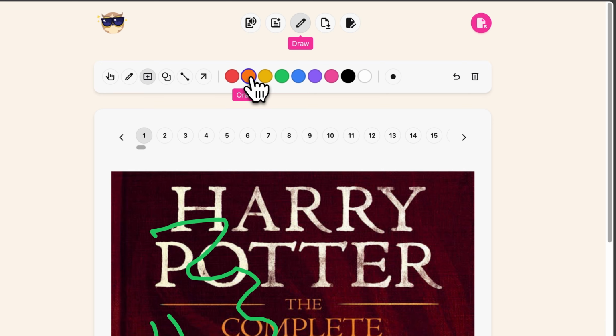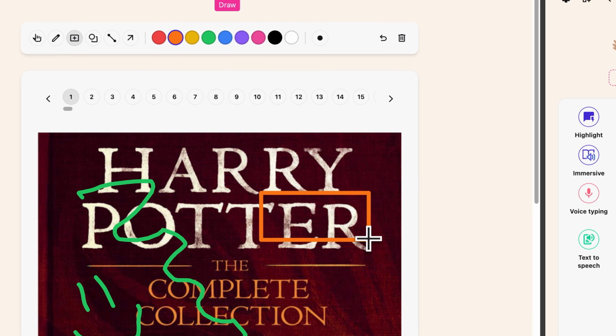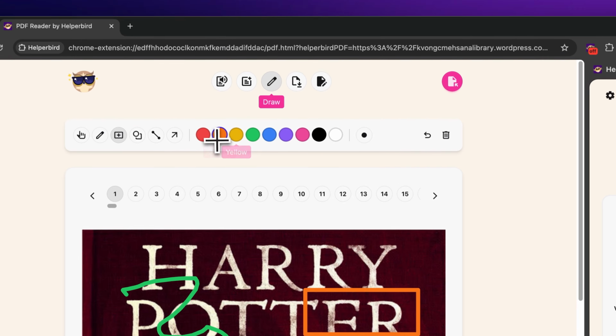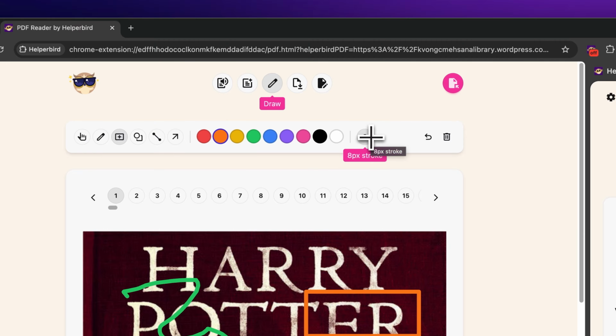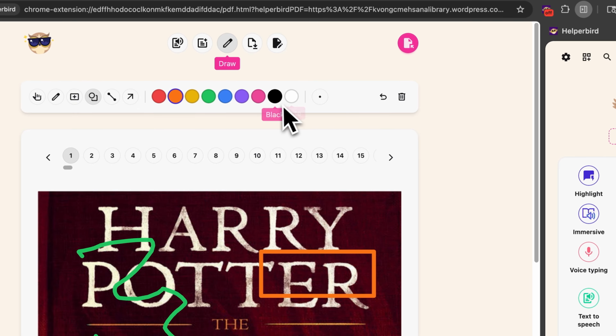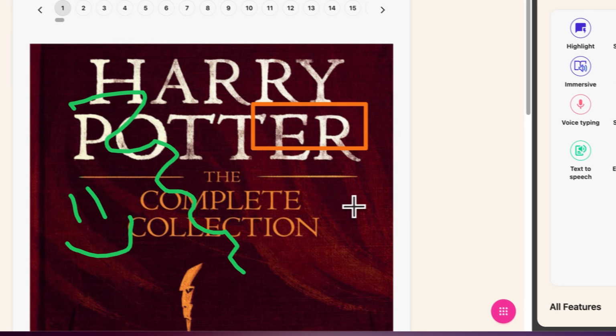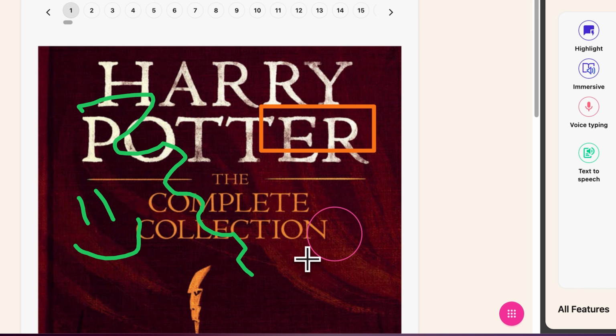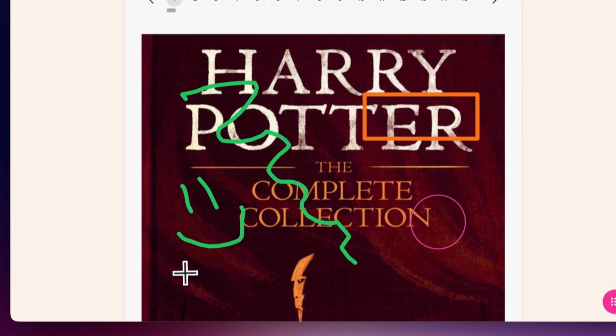Next is a rectangle option, which will draw rectangles in the color and stroke size that you choose. Let's try an oval with a smaller stroke size. There's also a line tool